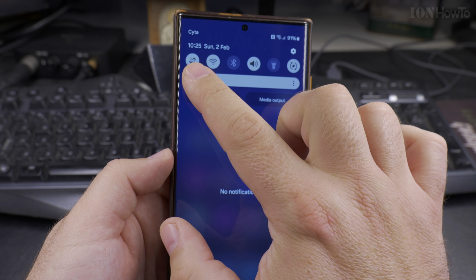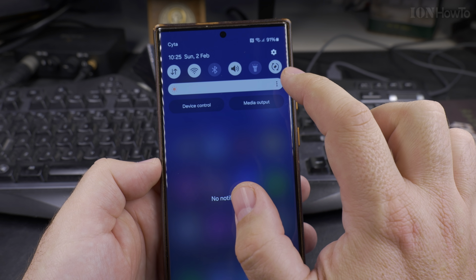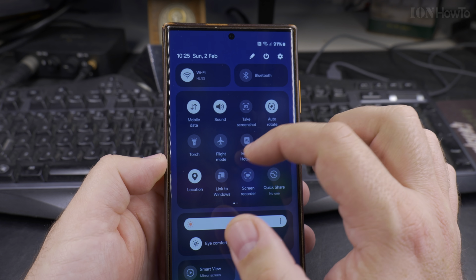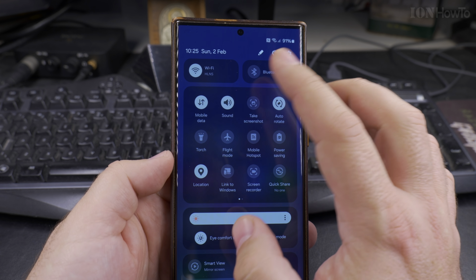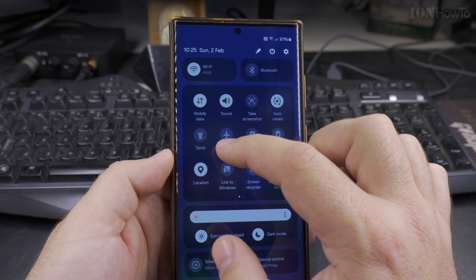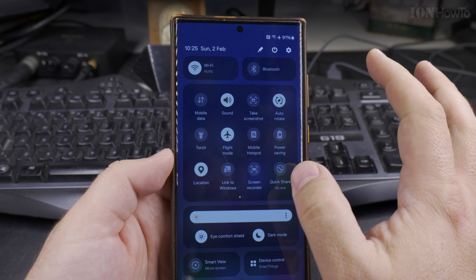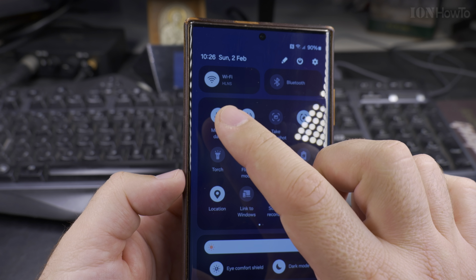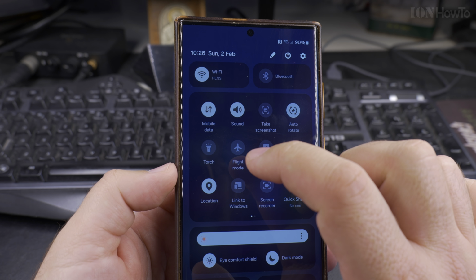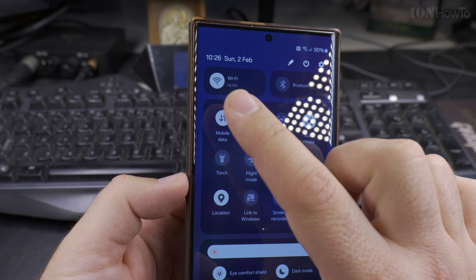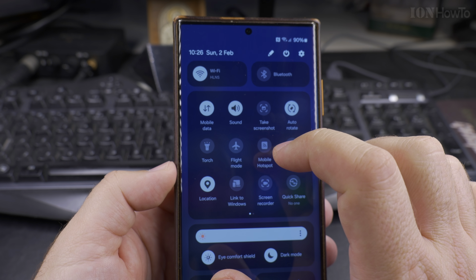The idea is that the first ones here are the most used icons, but you wouldn't have flight mode there because you don't really use it much. And there is also a trick. If you have any problems with the internet or with the mobile data, you can always use flight mode to toggle off everything, all the communication networks. With flight mode, you can do a quick reset of the Wi-Fi settings and mobile data,